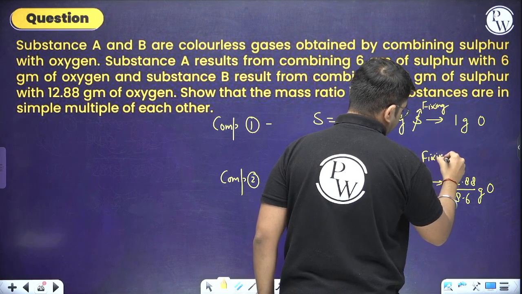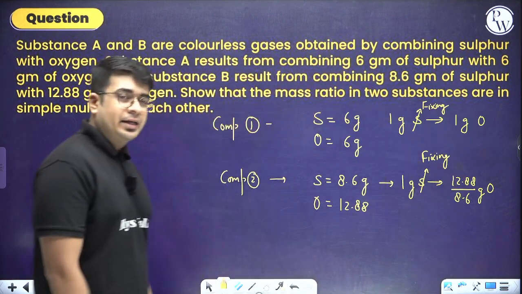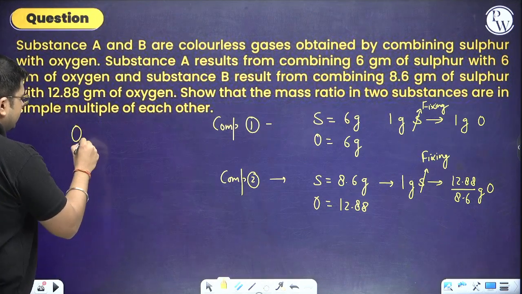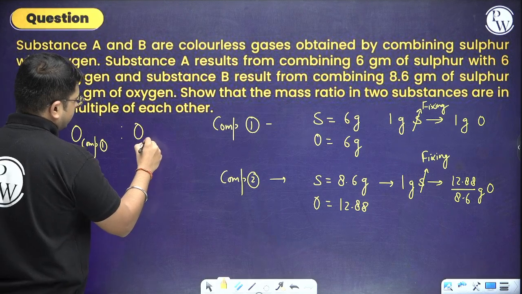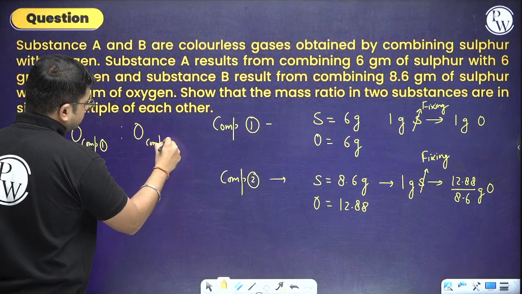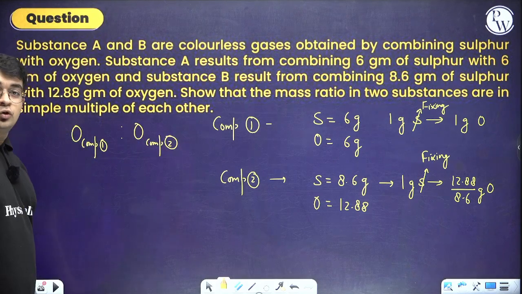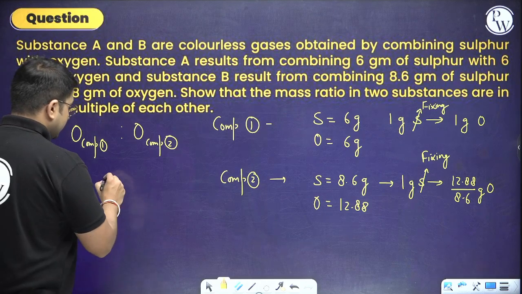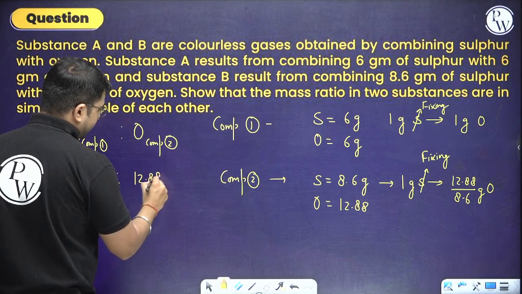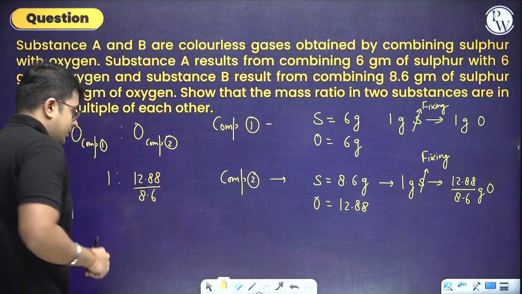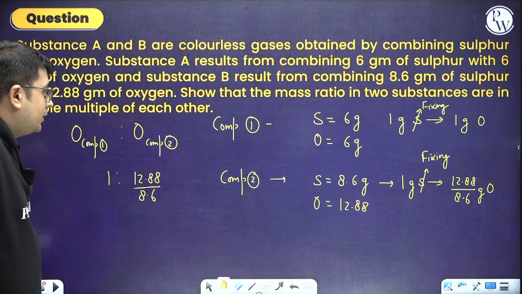I am fixing this sulfur. Now I can see that oxygen in case of compound 1 is to oxygen in case of compound 2 will be very easy to calculate. That will be 1 is to 12.88 divided by 8.6. Okay, so that will be